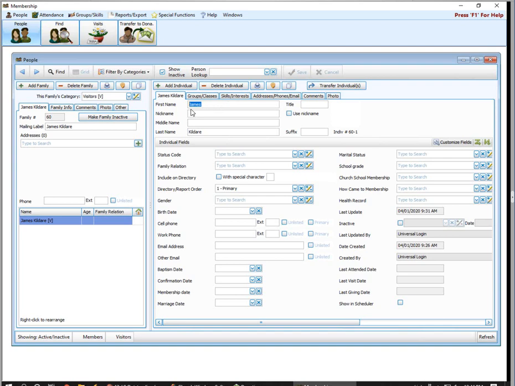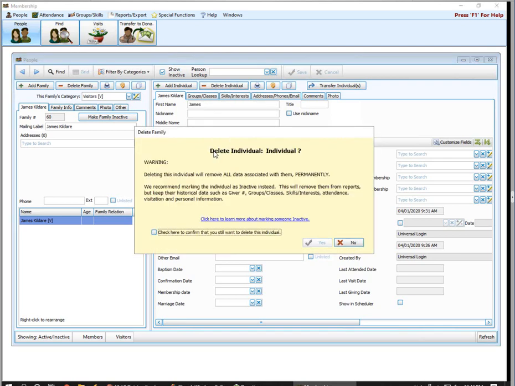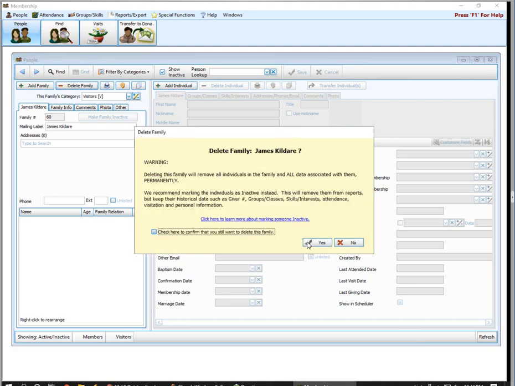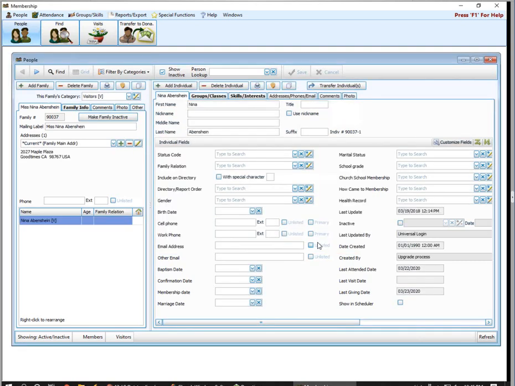To do so, all you have to do is come up here, hit the delete individual button. You're going to get a big scary message. It just wants to make sure you're sure. If you're sure, you check this box here. Click here to confirm that you still want to delete this individual. I'm going to say yes. So now the individual is gone. I still have my household. I need to hit delete family to confirm my family. I want deleted. Yes. Okay. So now it just takes me back to my first record of the alphabet, which is Miss Nina,